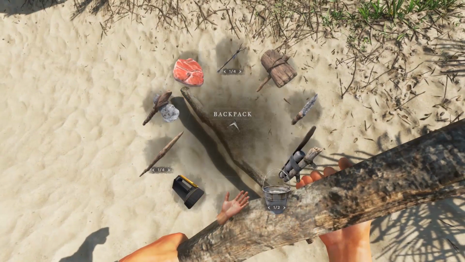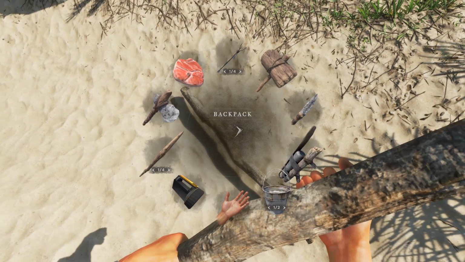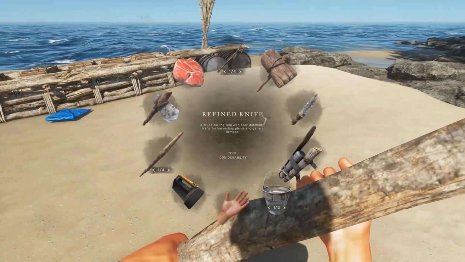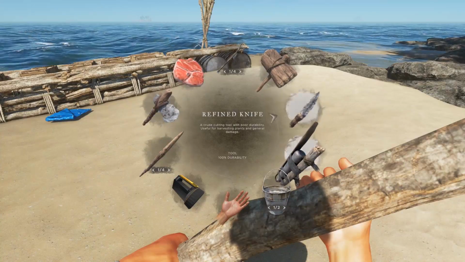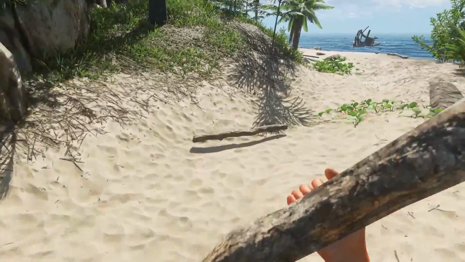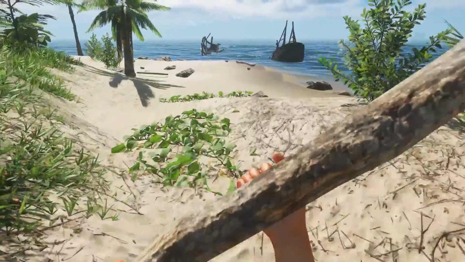What? We picked... Oh, of course, because the wood stick is... Okay, right, okay. Let's drop some stuff down. Things that we probably don't need. Well, we don't need the knife. Okay, we do need to build a shelter. That's the thing we need to do. So we'll pick up this wood stick, and we'll go...